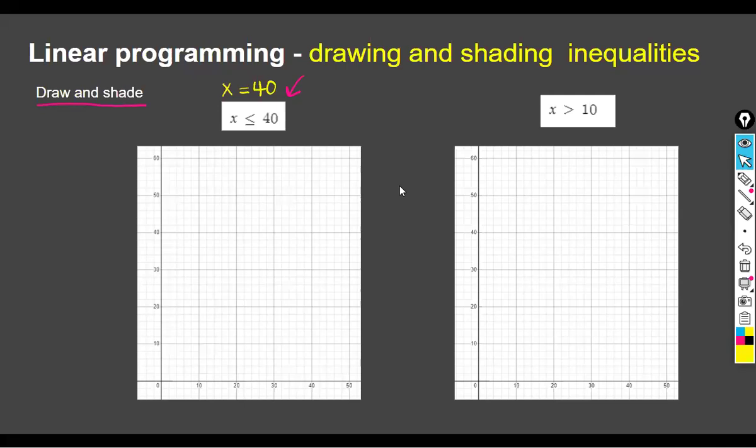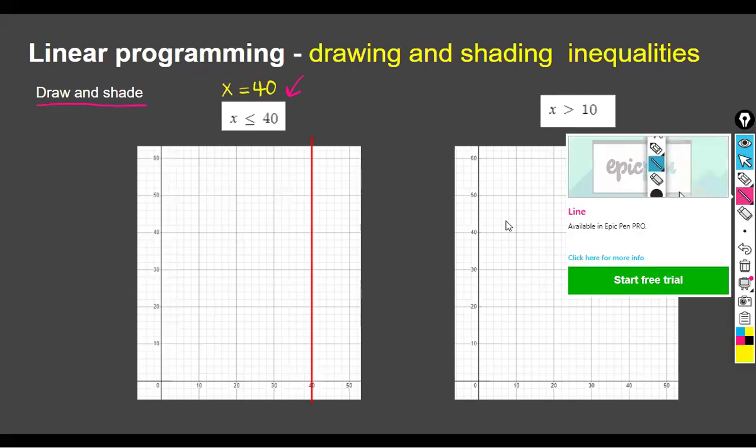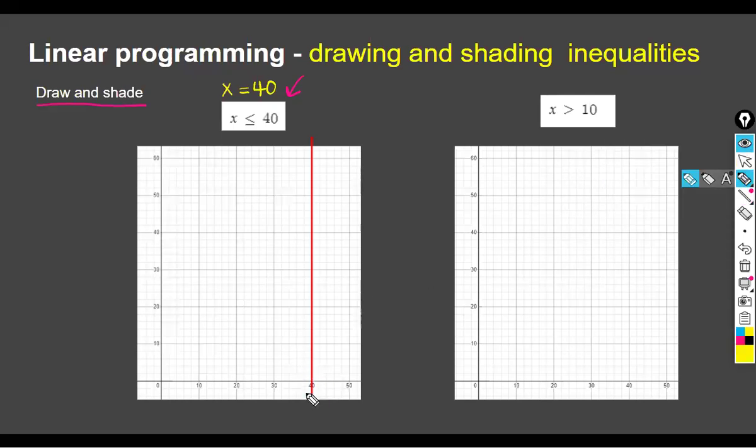So you're going to see it appear on my diagram. You see that red line there? That red line, look at it. I know it's kind of hard to see, but that vertical line is going through what on the x-axis? Look at it. It's going through 40. So the name of the line itself is x is equal to 40. But we have to shade one side,